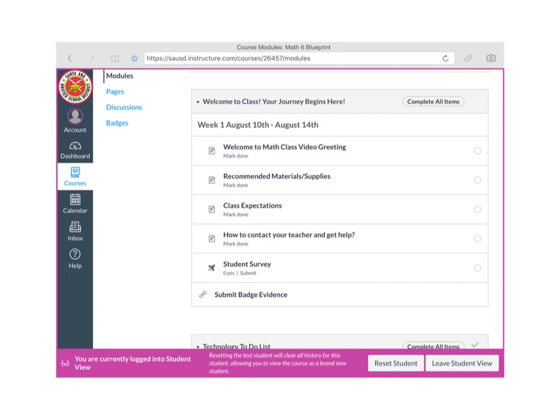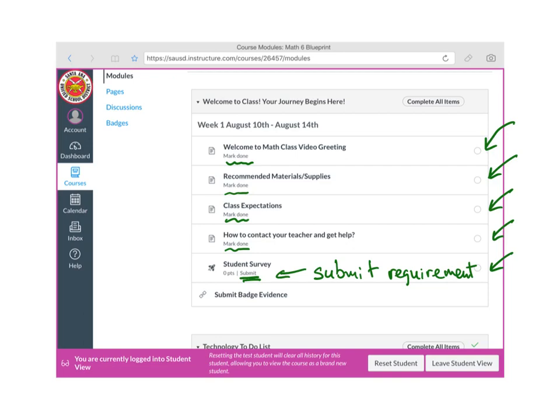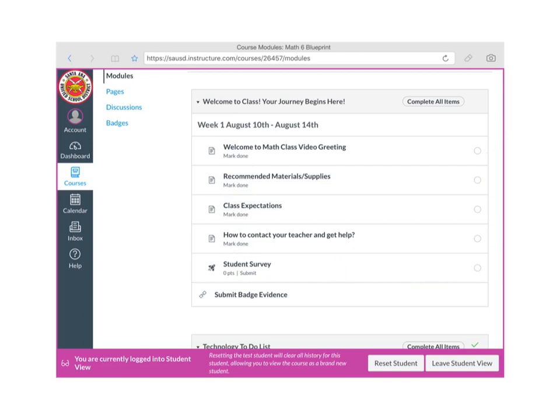But notice those are the dots because I have asked for students to complete all items in the module requirements for the welcome, and those dots will be either a check mark or filled in, so the kids will actually visually see that they have done that, especially in online distance learning when there are so many things going on. So this is a very